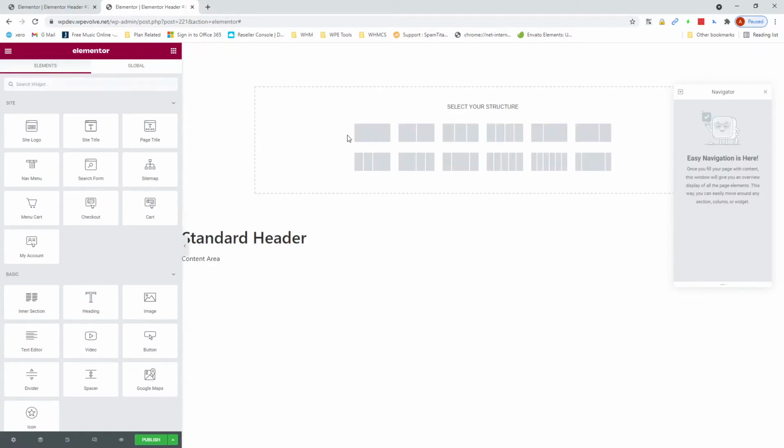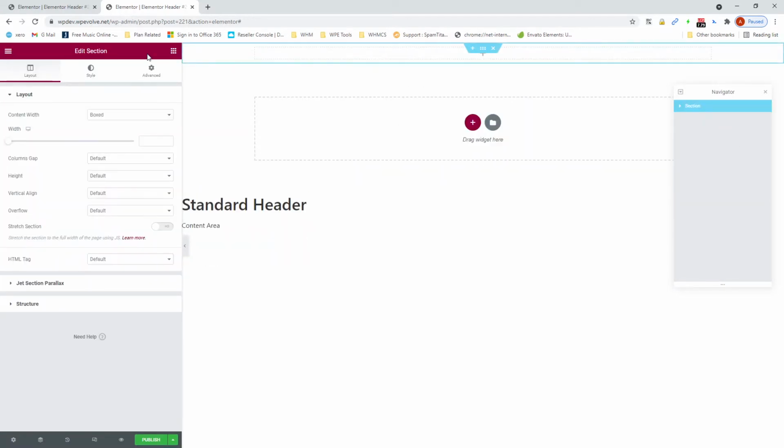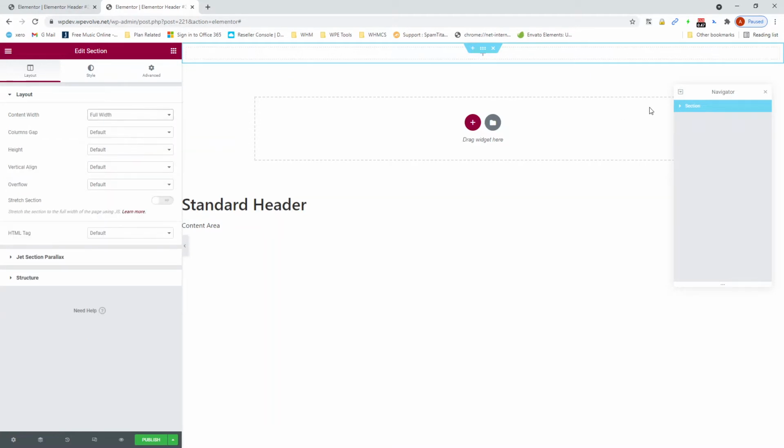So we're going to create a single section, and we're going to make that full width. And I'm going to name this section desktop. I tend to create a desktop version and a mobile version, so it gives you better control. I mean, there are responsive things where you can turn things on and off for mobile or desktop, but I like having more control than that, so sometimes things just get too messy depending on how complex your header is. If it's a very simple header with a logo and a menu, you probably don't need to,